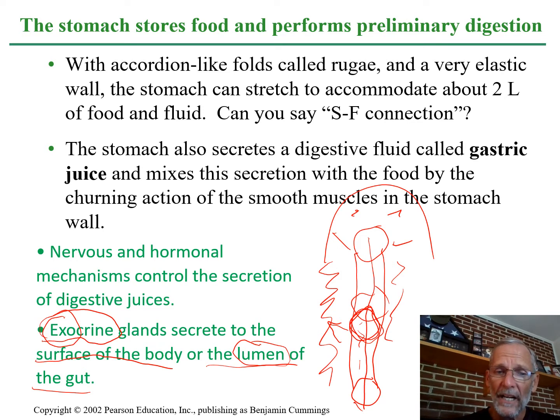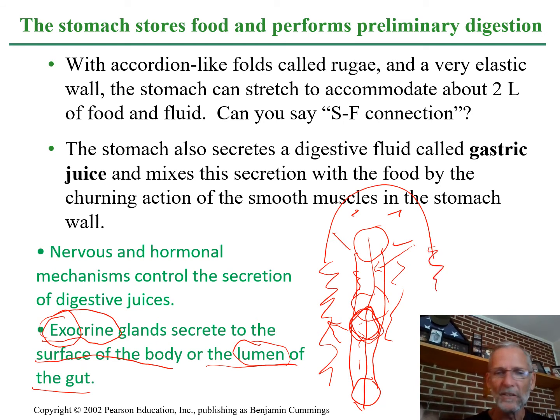So that's why anything that sends stuff into this lumen is actually sending it out of your body, because it's sending it into this tube, which is in essence really the outside of your body. You've got an inner outside, the walls of this tube, and an outer outside, your skin. Okay, so